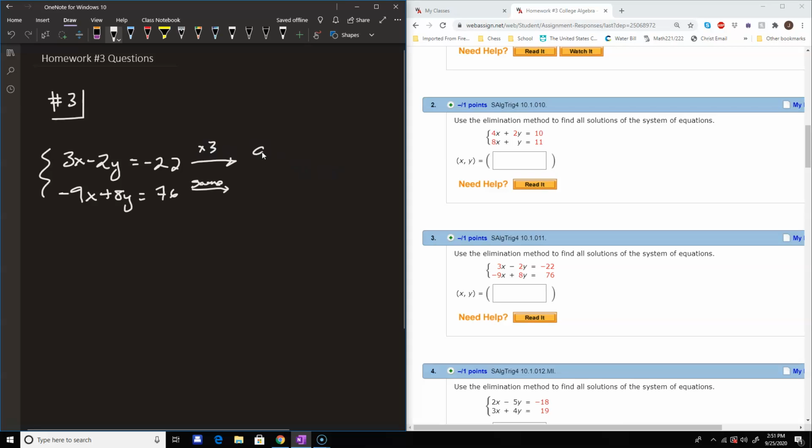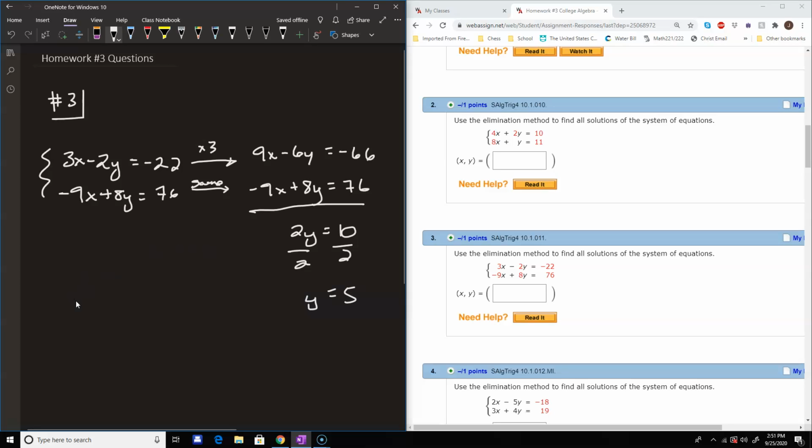So then we have 9x minus 6y equals minus 66, and on bottom we have minus 9x plus 8y equals 76. So then when you add them together, we end up with 2y equals 10. We divide by 2, we get y equals 5, and then plug that into one of the original equations. Let's plug it into the top one. We end up with